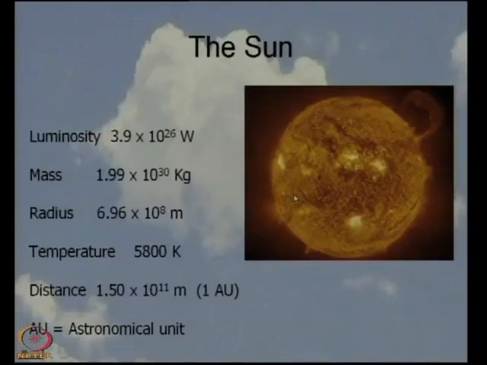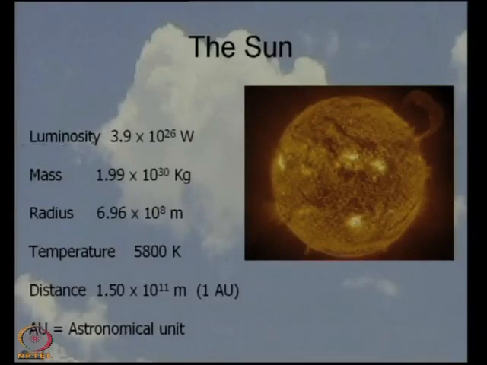Okay. So, the sun is the most dominant component of the solar system, and the planets essentially all revolve around the sun. The sun is a star. It is predominantly hydrogen and some amounts of helium. We shall come to the details of stars later on. Okay. To give you just a few physical parameters which are important: